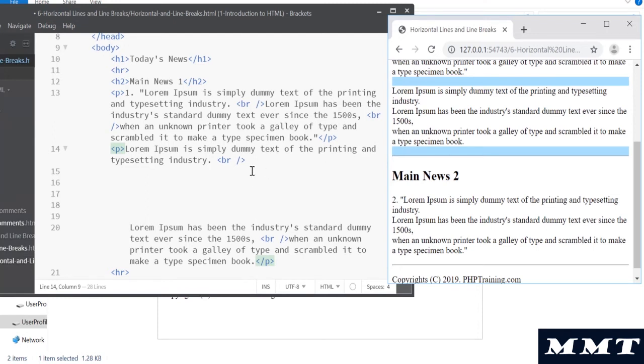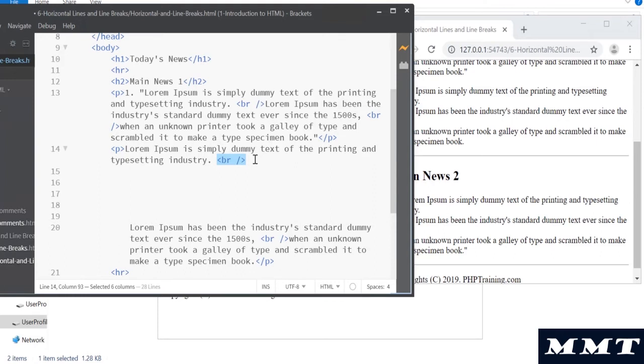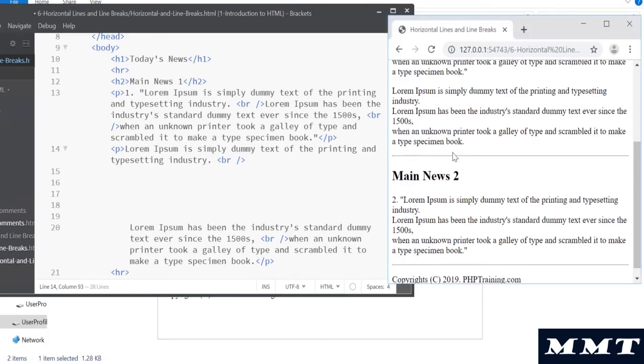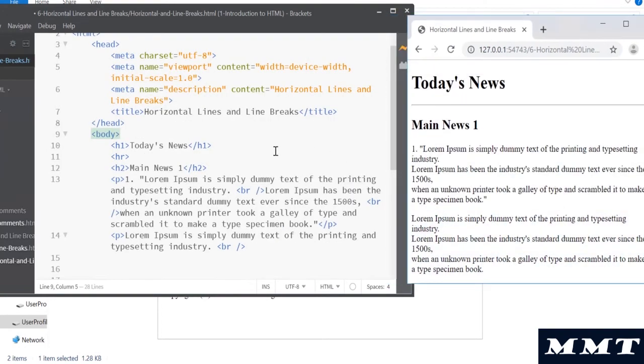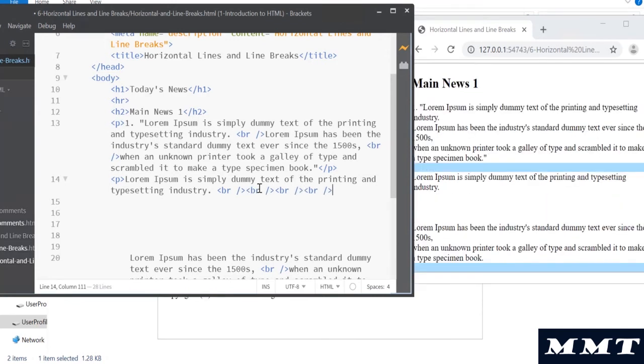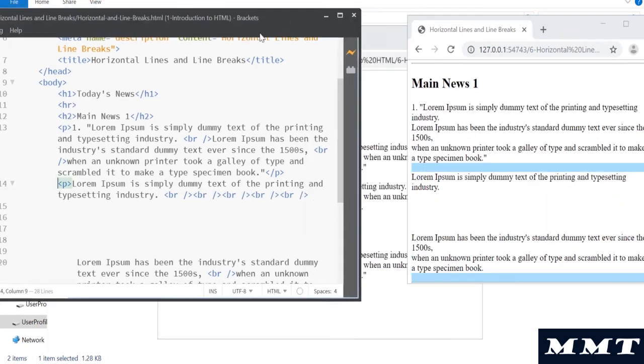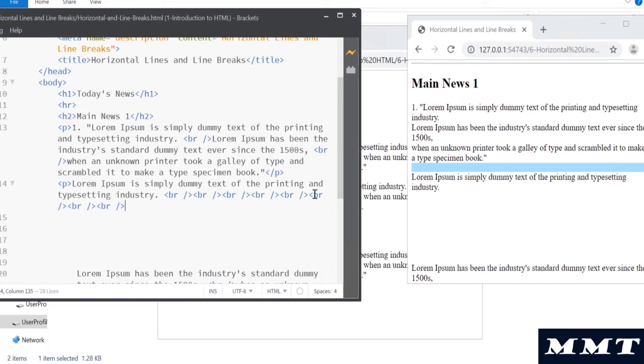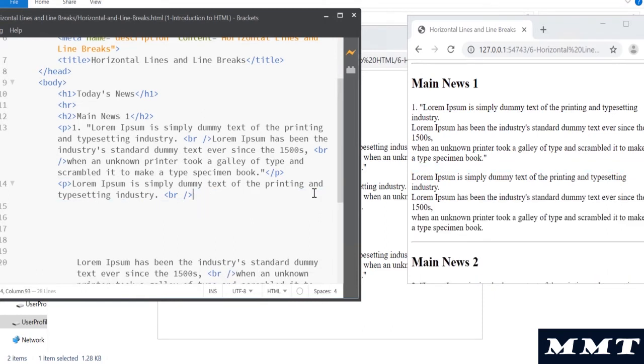If you want to add a break, you have to use a tag. HTML is a markup language, so you have to mark this up to say this is a new line. If you want to add two lines, you can do it via breaks. You see it's breaking up here, right? So the way you add breaks, the new lines, is via this BR tag.